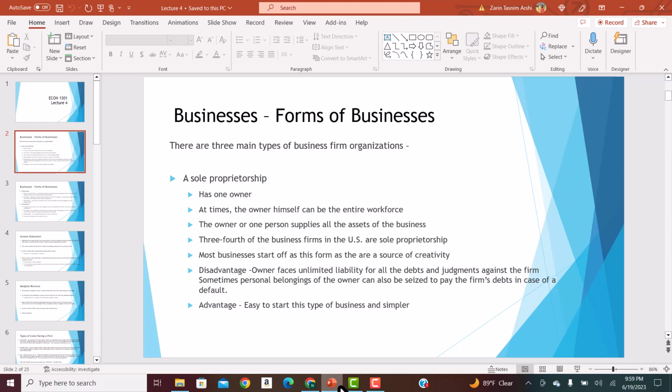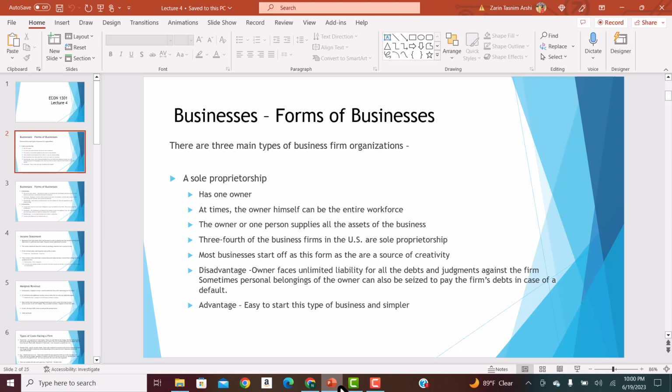That loan, I, as an owner, have to provide unlimited guarantee for that loan. And as a result, if that loan goes bad, I, as the owner, will be responsible for that. And I'm the only one who's going to be responsible for that. There's nobody else. So any type of debts, loans, or judgments against the business will eventually come to the owner